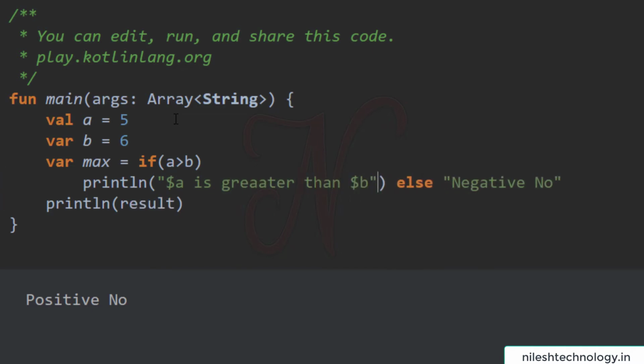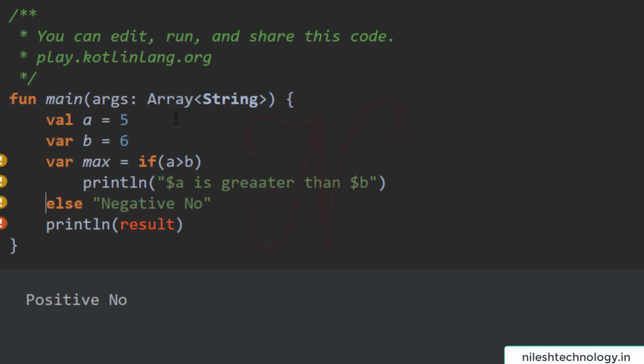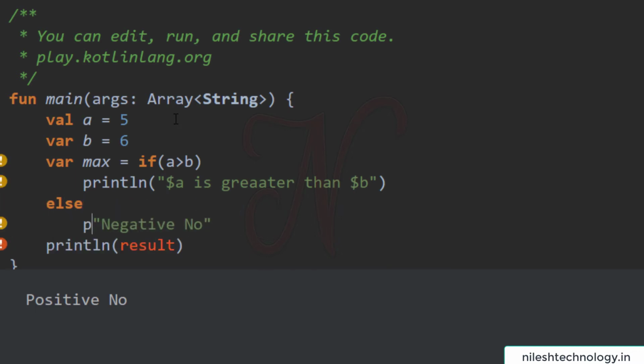Here $a and $b replace the values of a and b. And in the else part, println, b is greater than a. Here we comment this section.